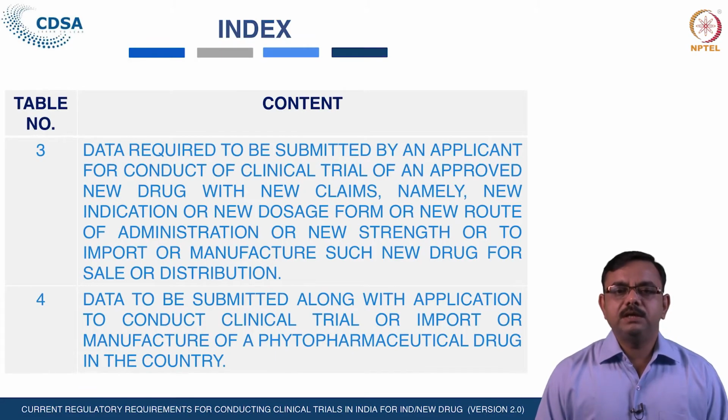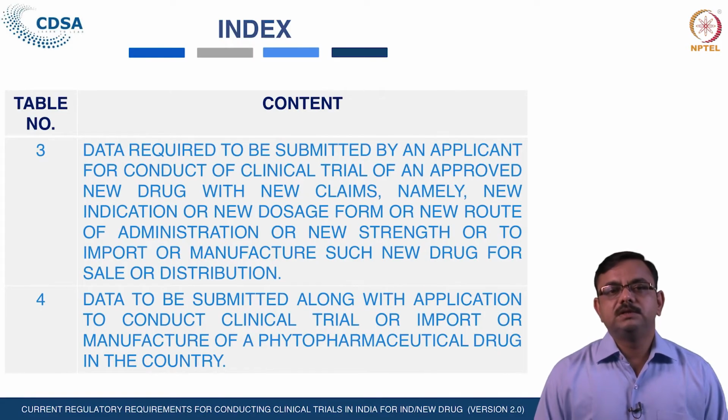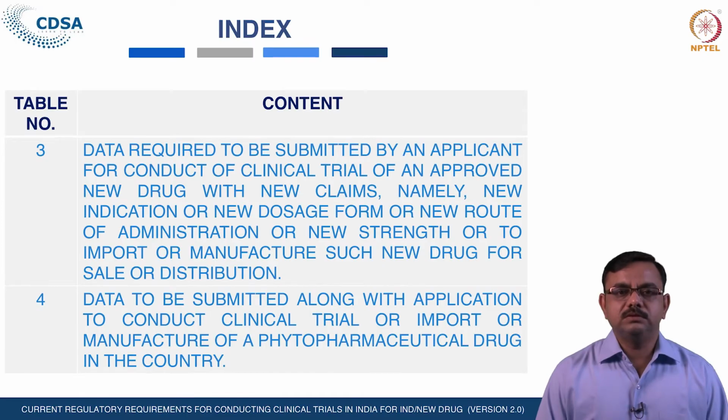Then its natural habitat and geographical distribution of the plant. Also it has to be mentioned whether the part of the plant used is renewable or destructive, and the source, whether it is cultivated or wild. Then the season or time of collection. Unlike the chemical entity, a plant would grow in some certain specific season. So the information regarding that season has to be given. Source of the plant including its geographical location, season, and also the time of collection.